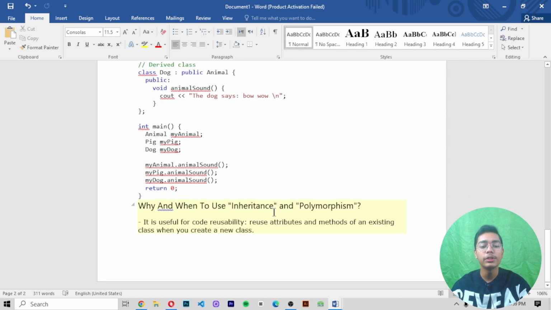Why and when to use inheritance and polymorphism? It is useful for code reusability. Reuse attributes and methods of an existing class when you create a new class. I've also told you in inheritance when we were learning about that. So I've told you that we are using inheritance because it is useful for code reusability. So if we talk about why we use inheritance and polymorphism and where we have to use them,